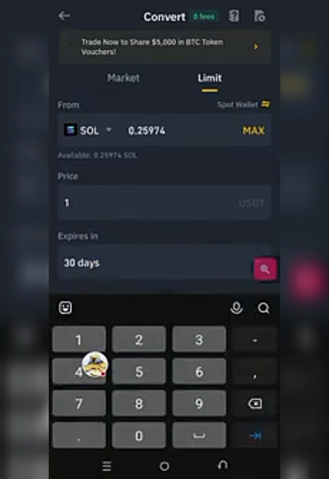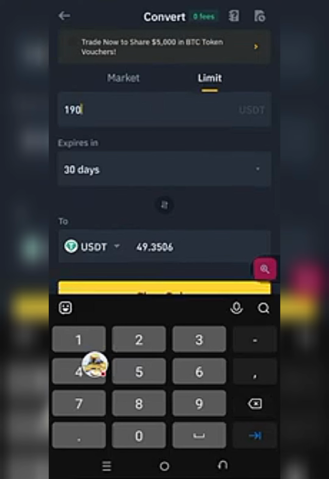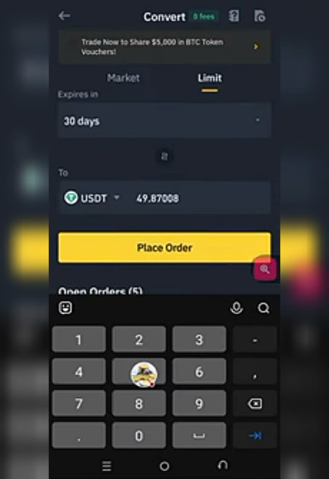Let's put 90. Let's see what it will give us. Not yet. Let's see. 95. Would it go? 93. Would it go up? 92. Okay. 92. Let's make it 93. That's a little bit more than necessary. I think we can just do 92 so that we are sure. Okay, slightly more. Yes, but it's not that much.